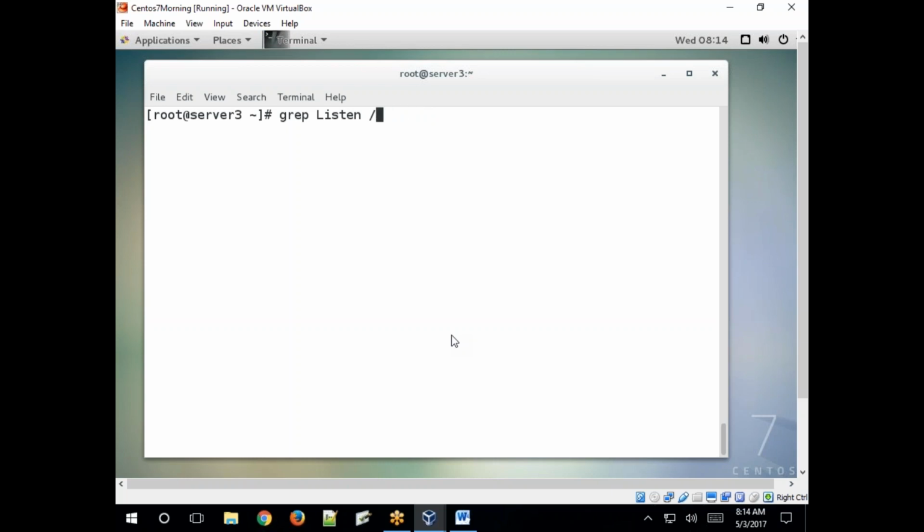Sorry, vsftpd. So no services are installed. We'll see later, I'll show you in the servers class. Like this, if you want to search for something, the matched lines, specify the grep command, the specific pattern, and the file name. Then it returns all the matched lines from that file.